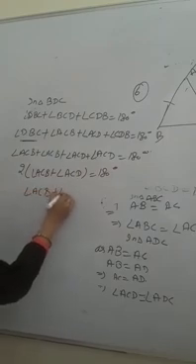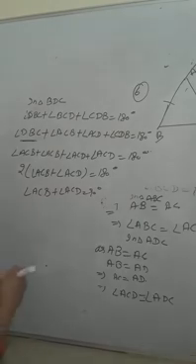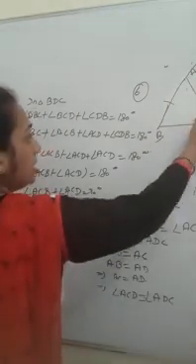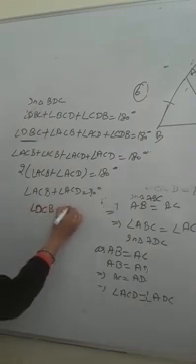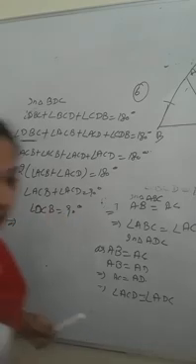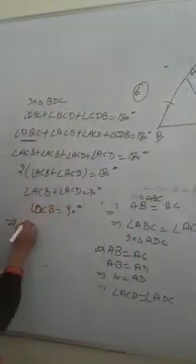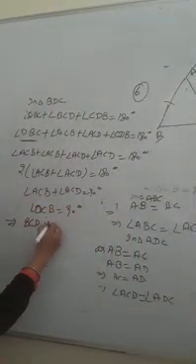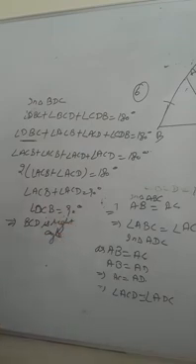Angle ACB plus angle ACD is equal to 90. This is angle ACB, and this is angle ACD. By combining these two, we get angle DCB, which is equal to 90 degrees. That implies what we wanted to prove, that BCD is a right angle. So we can write here BCD is a right angle. Okay, so this was our question number 6, which we have completed.